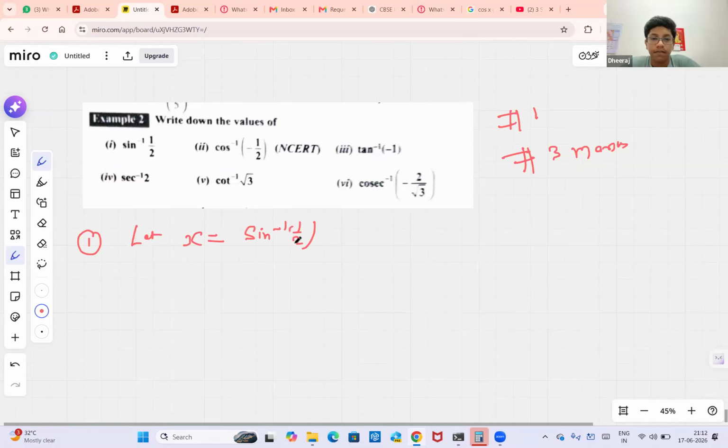Then you also have to define the range, the values where x is between minus pi by 2 to pi by 2. This is the principal value. You can write like this, or you can also write x belongs to